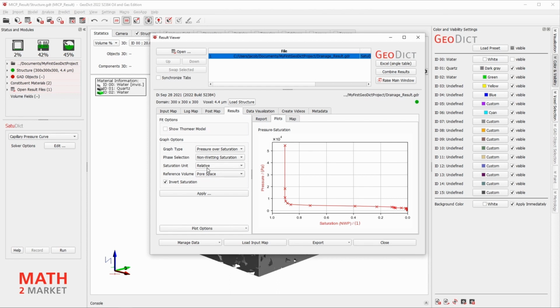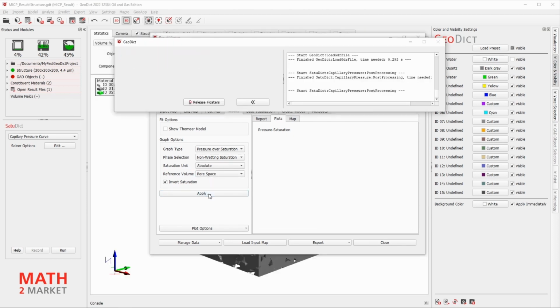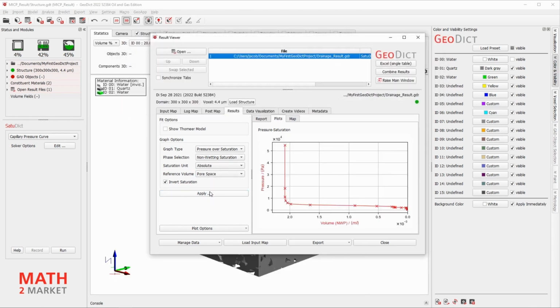You can change the saturation unit from relative to absolute, and also change the reference volume if you have computed the total model as well, or if you want to compare it to your total sample volume.